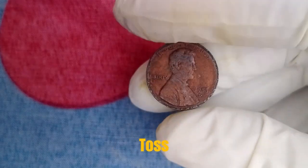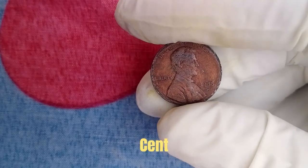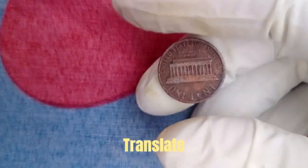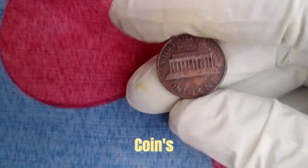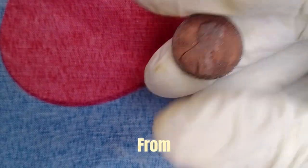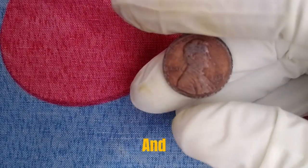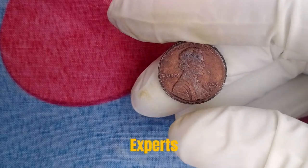While most people toss pennies aside, thinking they're too small to matter, the 1988 1-cent coin proves that tiny details can translate into astronomical value when the right conditions come together. This coin's incredible valuation isn't just based on hearsay or myths. It stems from real, tangible minting mistakes and extremely rare variations that have been identified by collectors, experts, and even